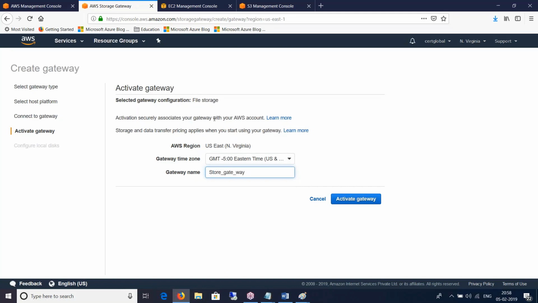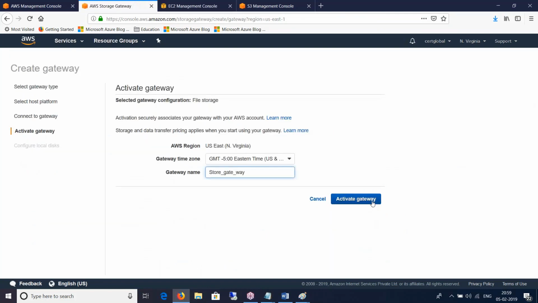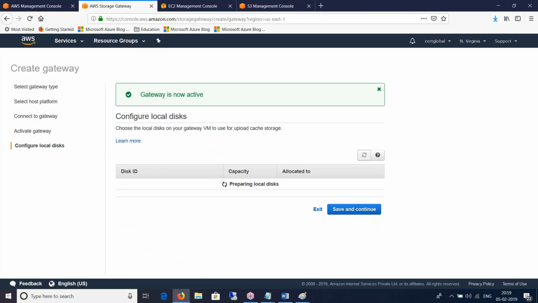So it went through, as you noticed, just after typing in the IP address. I'm selecting a proper time zone because this is where my gateway is. North Virginia, that's on the East Coast, so I selected that and say activate gateway. We again have to wait for some time for the local disks to populate. I've seen that even this fails, and we have to do this another time to get the local disks prepared properly. So fingers crossed. I'll just pray to the demo gods for a while.